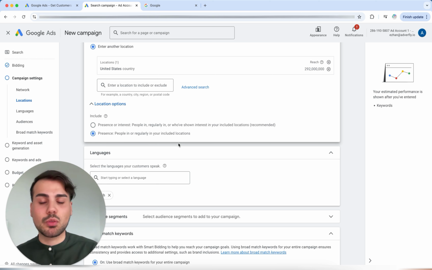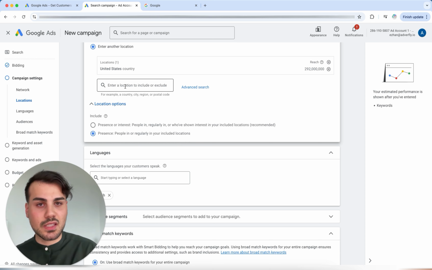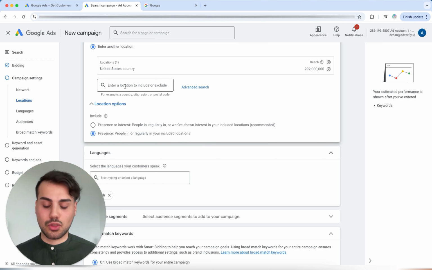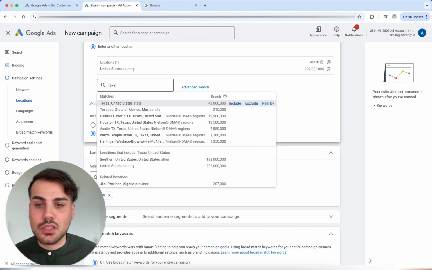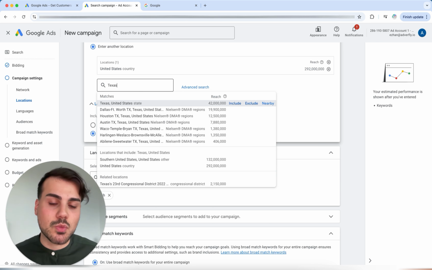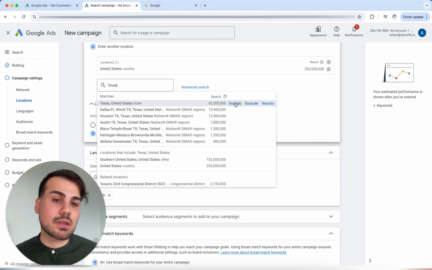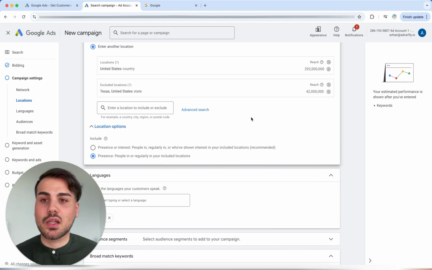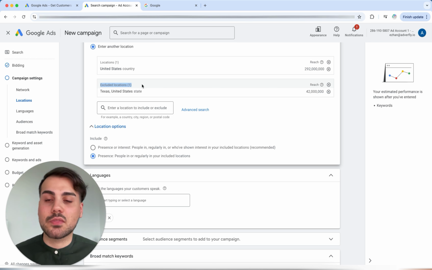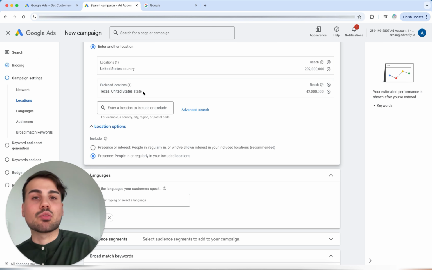Then there is the option, if you are selling products that are not allowed in certain regions, then I can say, for example, "I want to reach United States, but I don't want to reach Texas," or other places. Include is included anyway, since it is logically included in the USA, but I can also exclude this place by clicking on it again, which we will do quickly. Then this is excluded here. This is also possible if you cannot sell certain products in certain locations.